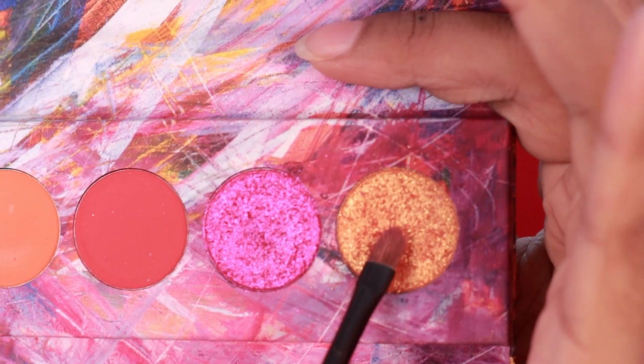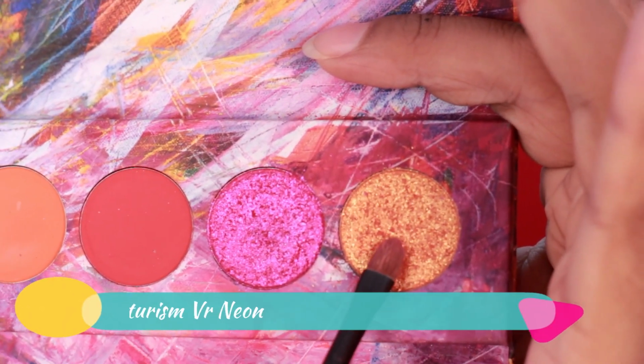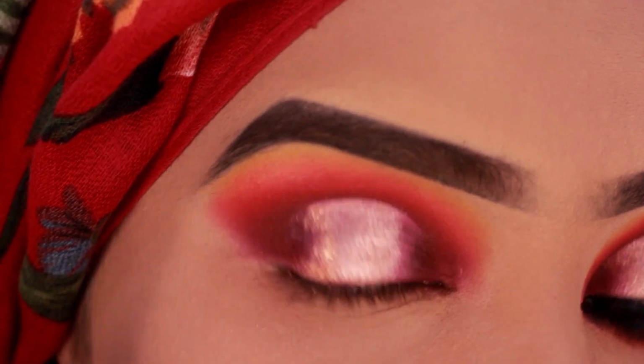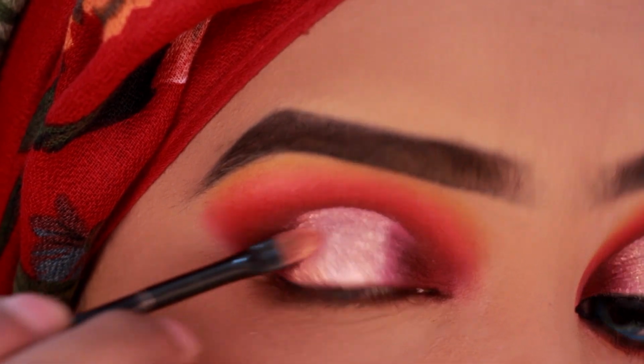Now from the Kaleidos Makeup VR Neon palette, I'm taking this beautiful orangey shade called Hologram. With the shade Hologram, I'm just going to be creating a gradient between the champagne shade